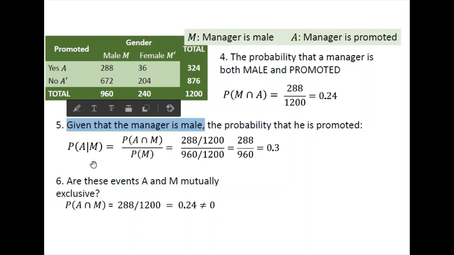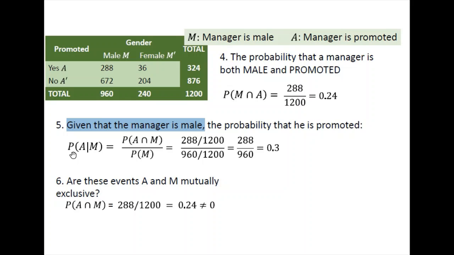So the conditional part is M, or male. Manager is male. And the event that we want to obtain its probability is promotion. So the probability of getting promotion, given that the manager is male, the probability of A given that manager is a male,